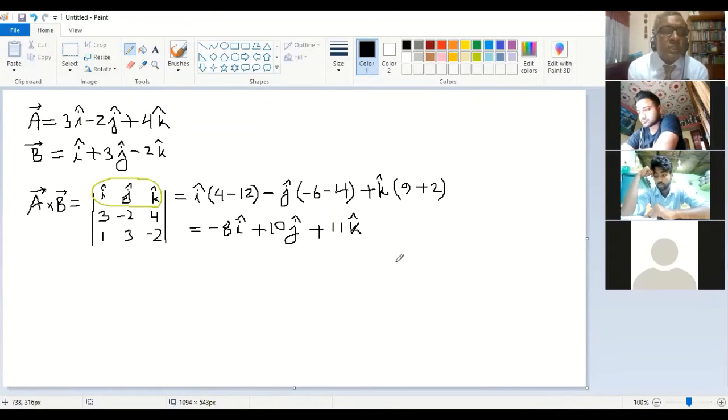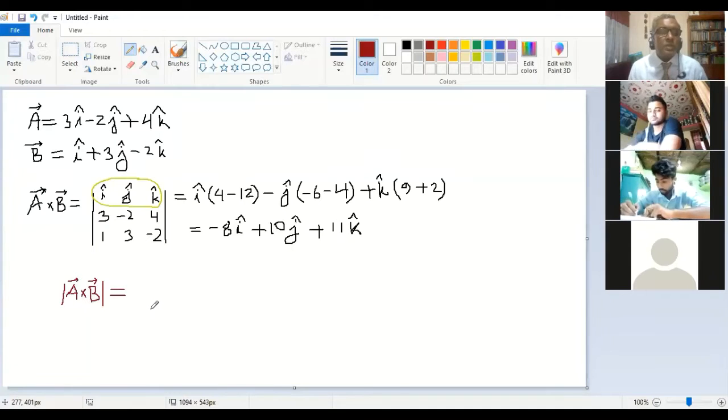So this is how we find the cross product of two vectors. It's not complicated. It is easy because you already know how to find the value of a determinant. Is that okay? Up to this, it's all right? Yes, sir. Now if you find the magnitude of the cross product, that means A cross B is a vector, and I am finding the magnitude of this vector.